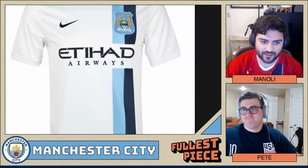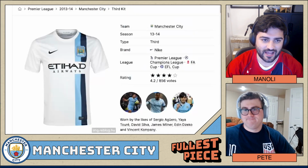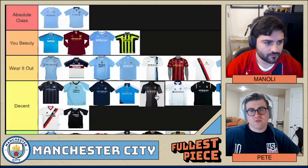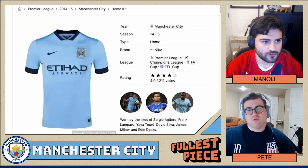And especially with throwing the shield on top of it. Yeah, I like this third kit a lot. I remember this one. They also won a Prem in that kit too, which is crazy. So now we're on to